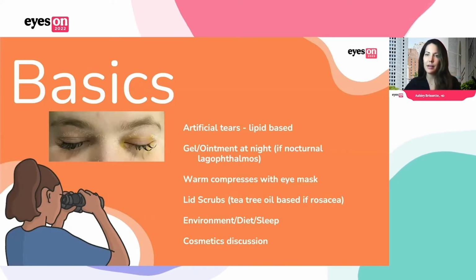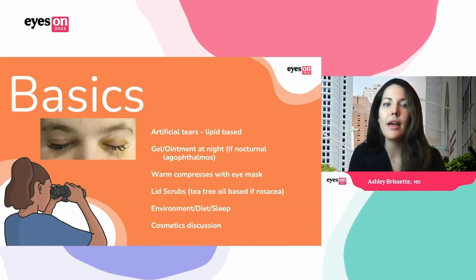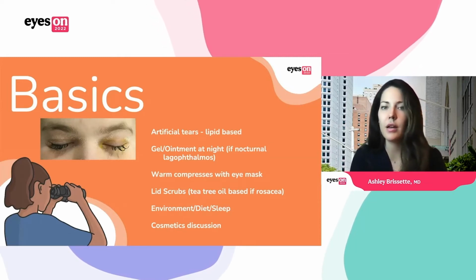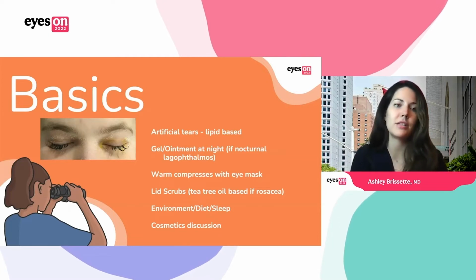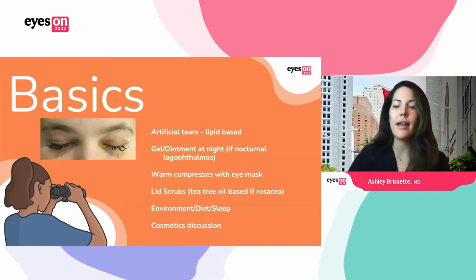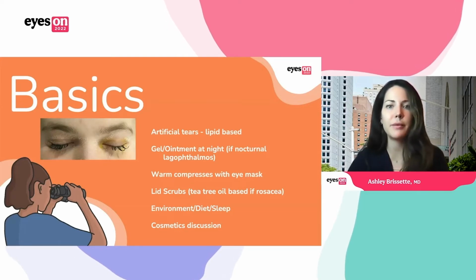So going over cosmetic procedures with patients can be helpful to really determine the cause as to why they're developing symptoms. Another thing to consider is the use of topical retinols around the eyes, because retinols are extremely drying. They're found in a lot of cosmetic creams and also prescriptions for reducing the appearance of wrinkles. So speaking to patients, if they're on a retinol, that can really lead to drying of the meibomian gland. So that's something that patients can avoid using around the eyes. And then always asking patients to remove their makeup before bed is really important as well.